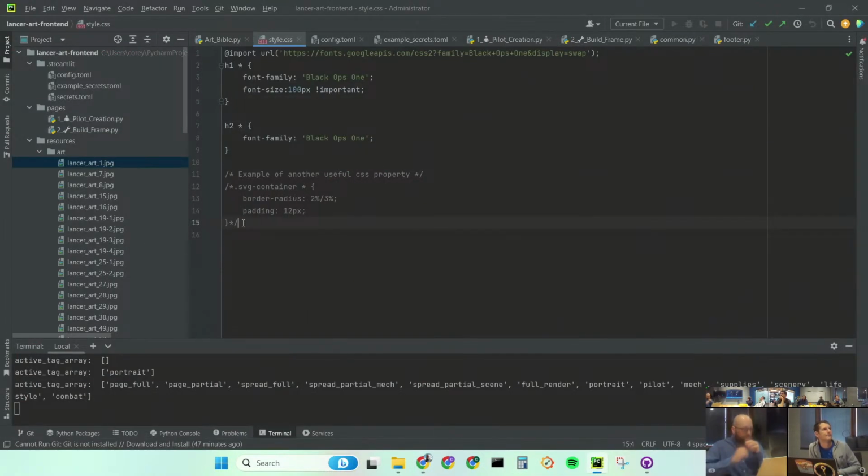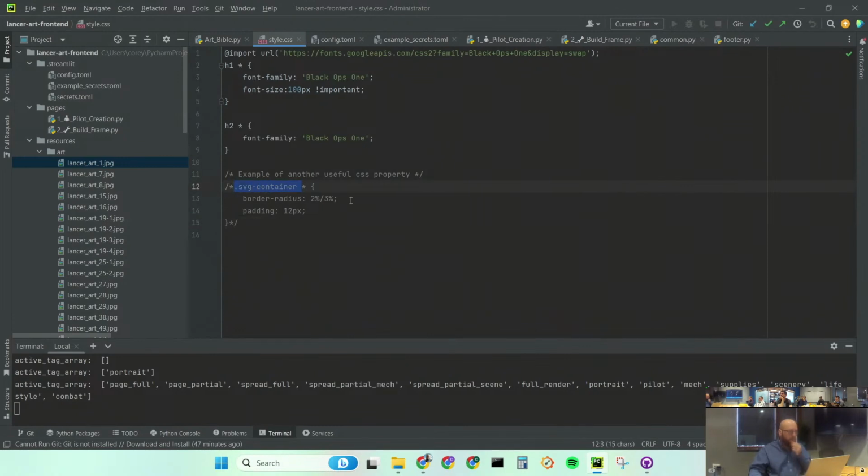And then I had some plots that the client wanted a white background on a dark theme. So having square plots looked really awkward, and I wanted to get some rounded corners to match some of their text. It was a very bubbly kind of font. So I had this SVG container, which is the object class that Streamlit outputs for plots, to round the corners on those. By default,